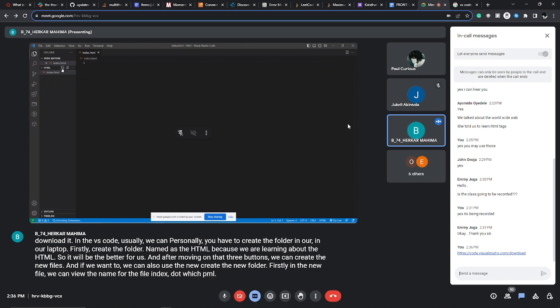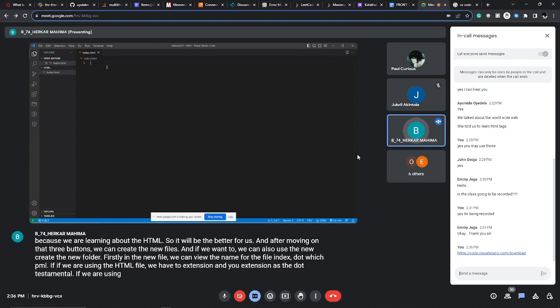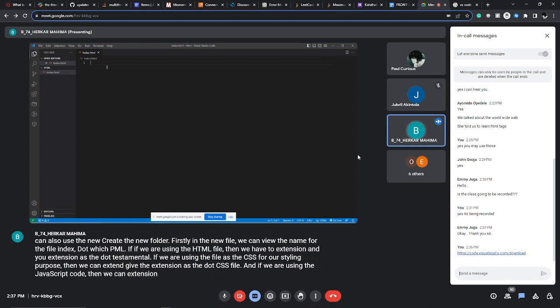index.html. If we are using an HTML file, then we have to give the extension .html. If we are using a CSS file for our styling, give the extension .css. And if we are using JavaScript code, then we give the extension .js. So firstly, we are creating the